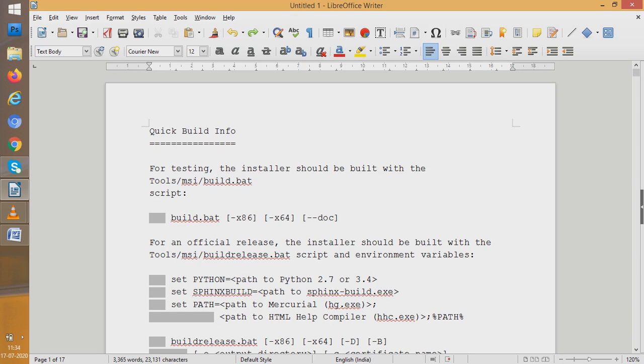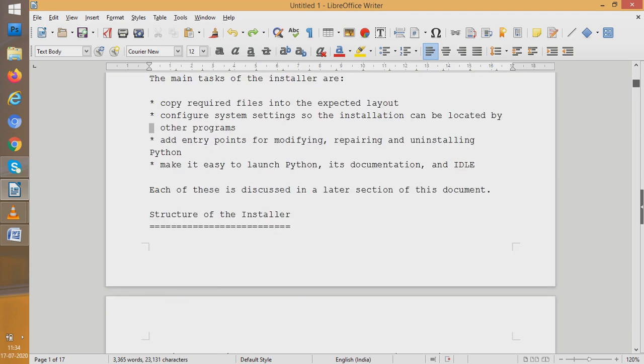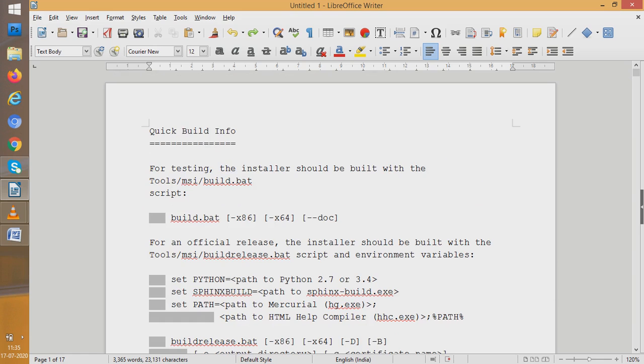Now see, there is another option, student. We have 17 pages here. Now if I want to go to the 16th page at once, there is an option to go. Otherwise, what would we have to do? We would have to scroll down, and it would have taken a lot of time. I would have to scroll like this, so it would have taken a lot of time. But there is a way.